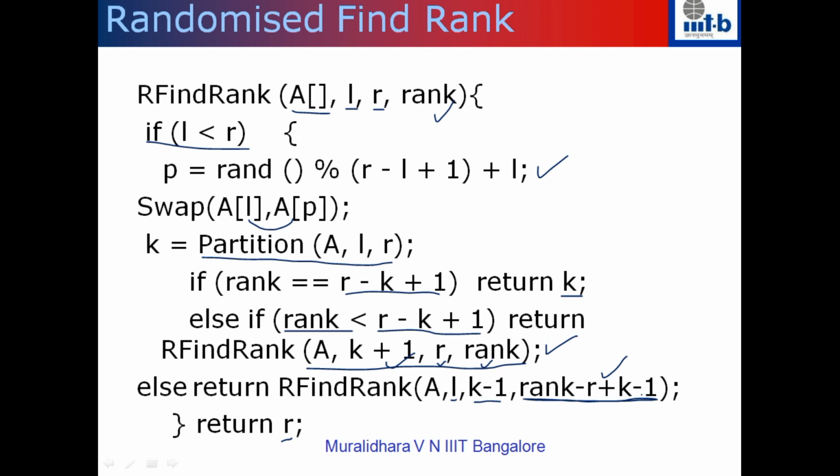Okay. So the summary is that in the case of randomized quicksort, after we did the partition, we went to the left hand side as well as to the right hand side. But in this case, if the rank of the pivot is exactly equal to what we are looking for, then I return the pivot, that is the index k. Otherwise, if the rank is bigger, then I go to the left hand side. If the rank that I am looking for is smaller than the rank of the pivot, I go to the right hand side and recursively find the solution.